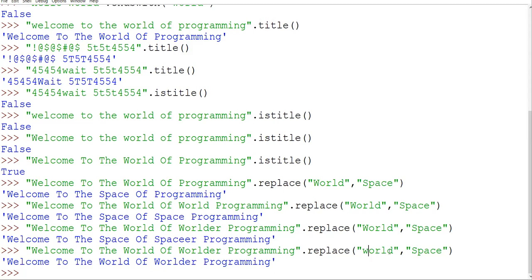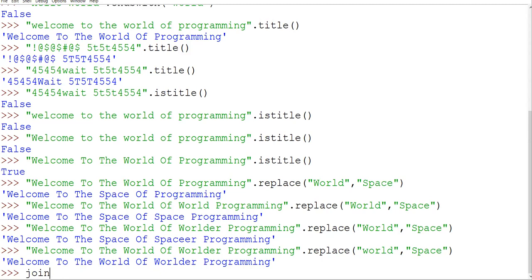Then if the value is not available, for example "world" in small letter was not there, it is not going to give you any error. It is going to return the same string. Then next we have another very good function, that is the join function. But remember, this replace function is very good. When we are making projects and all, at that time we need to use these functions.